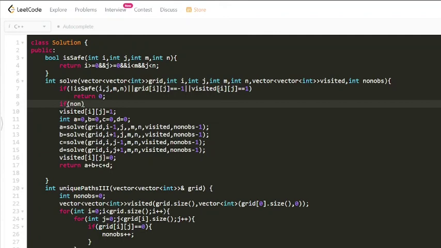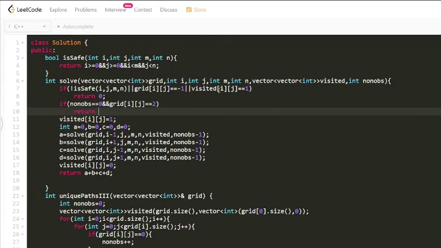Next, if our non-obstacles is equal to 0, right? That means we have visited each of the empty squares exactly once, right? And also if the current cell is the ending cell, okay, then we will return 1.